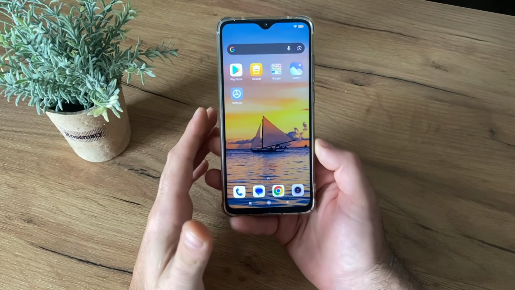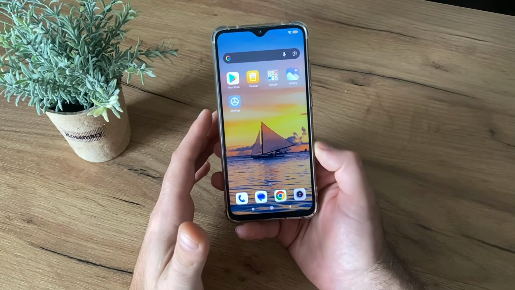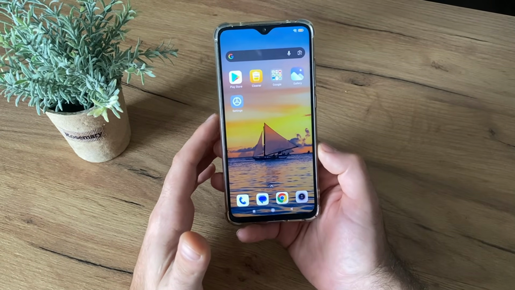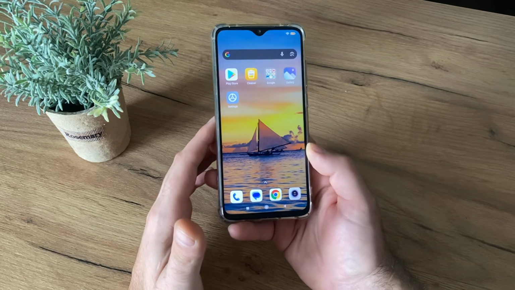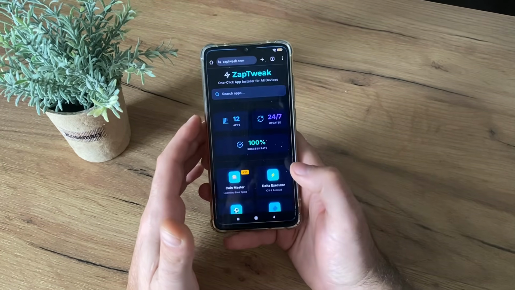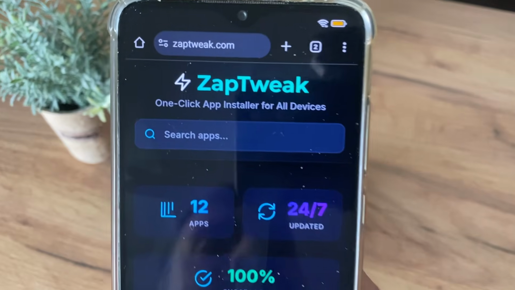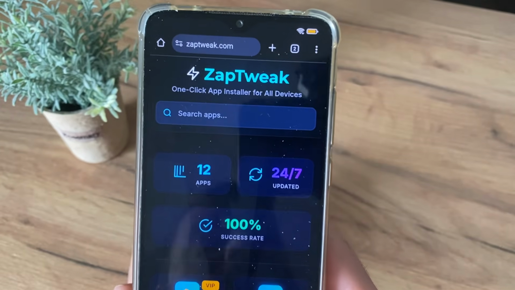In this tutorial I'm going to show you how I got unlimited coins and spins for CoinMaster. It's super easy, it's working perfectly on both Android and iOS devices. So let's get started. Go to Google or any browser you have and navigate to this amazing site, Zaptweek,